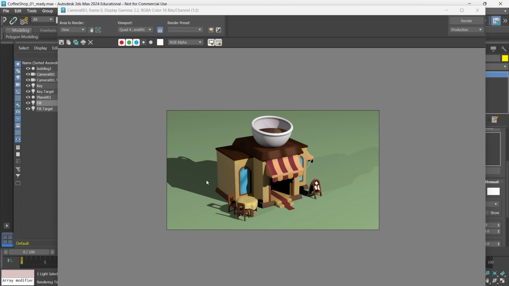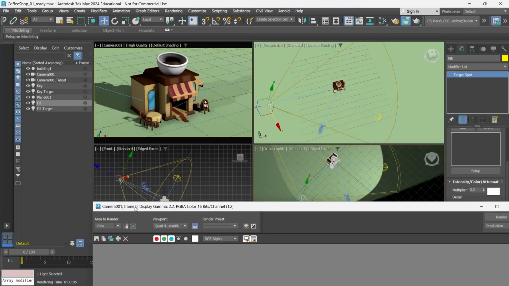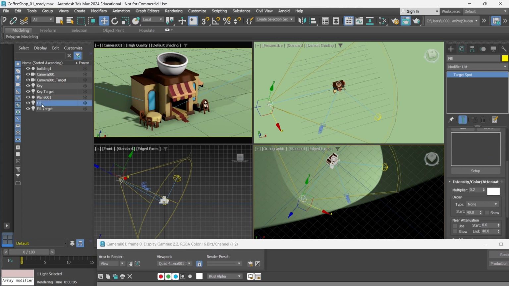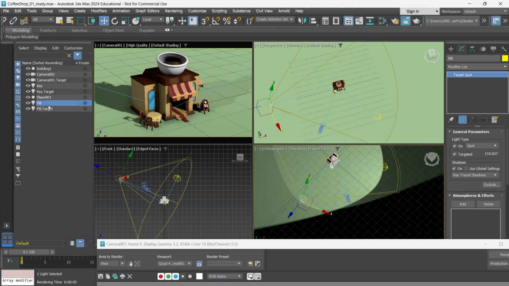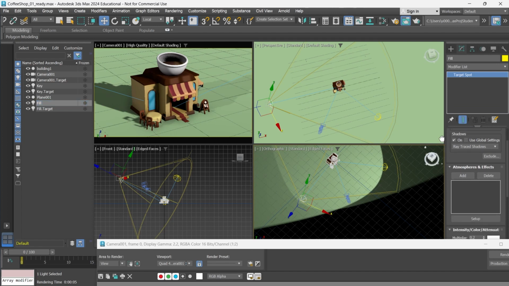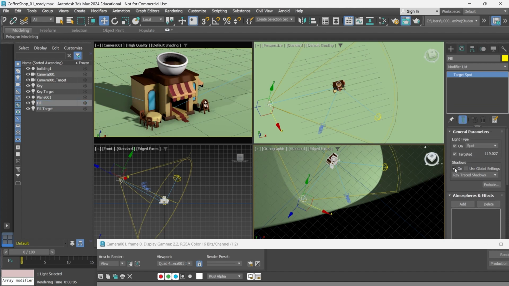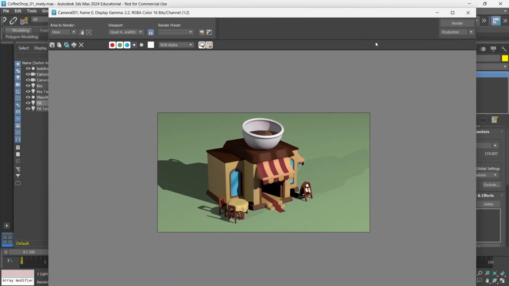So to make this scene kind of cleaner and maybe a bit more appealing, what I'm going to do is I'm just going to go into the fill light and just turn the shadows off. So let's do that, and we can do that. We can turn shadows off individually for individual lights. So if I select the fill light, and I scroll down to where it says shadows, and I turn those off. Now, if I do another render now,